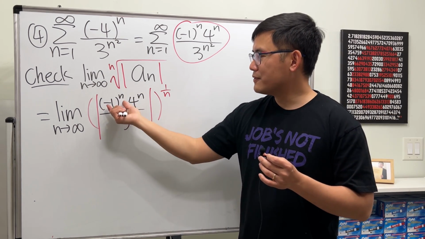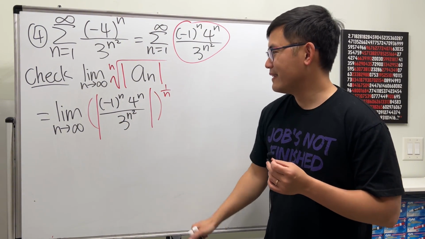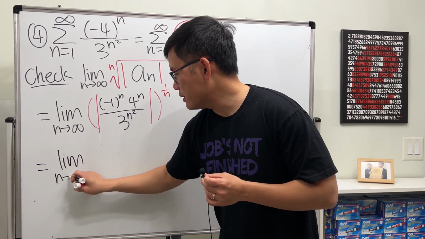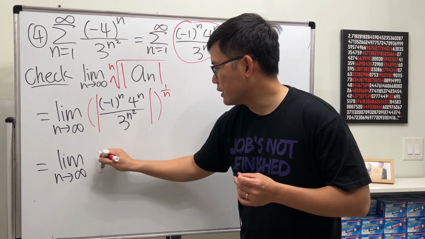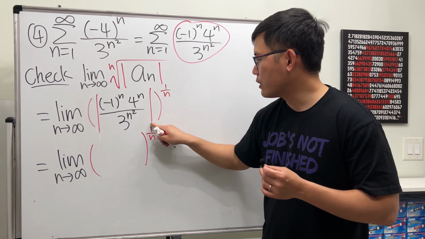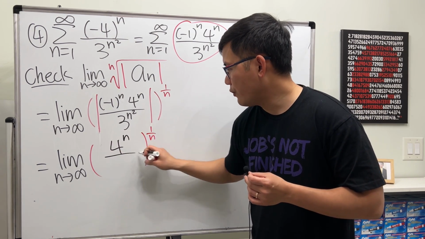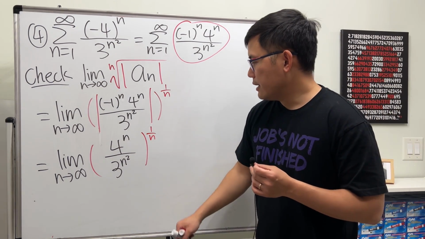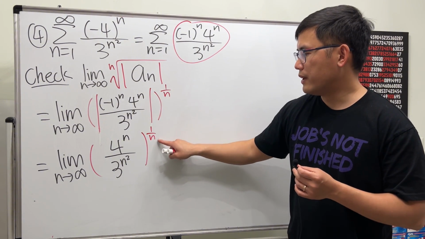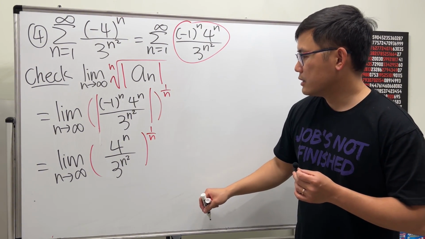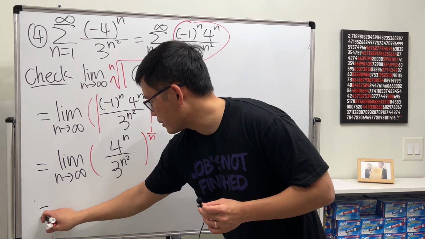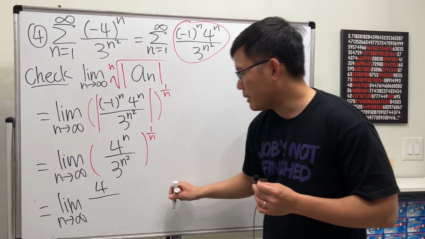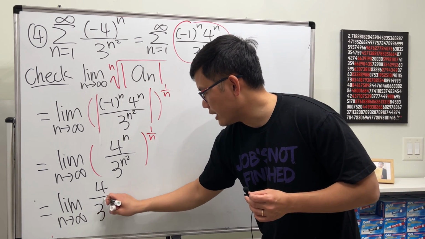So when you have the absolute value for that, this is just going to be always 1. So we are just going to get, let me just write down one more line to make it super clear. So focus on this to the 1 over n's power, and then 4 to the n over 3n squared. Alright, now 4 to the n raised to the 1 over n, the n and 1 over n cancel. Yeah, so this is going to be, I'll write this down here. Just 4 on the top, and on the bottom, this right here is 3 to the n, because you can